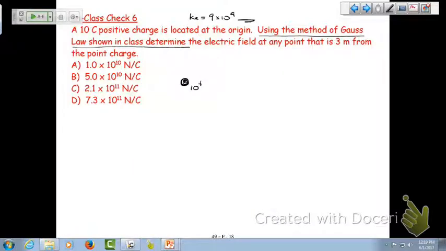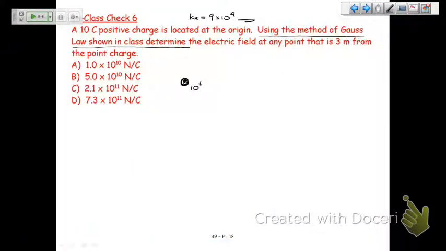So let's see how we do this. So what you do is you say, there's my point source of charge, and I'm going to do a spherical Gaussian surface around it. How do I know to do that? Because I've practiced. And I know on spherically symmetrical things, it's a good way to go. I have my radius r, my point of interest. That would mean my electric field here is parallel to my little bit of area dA. Electric